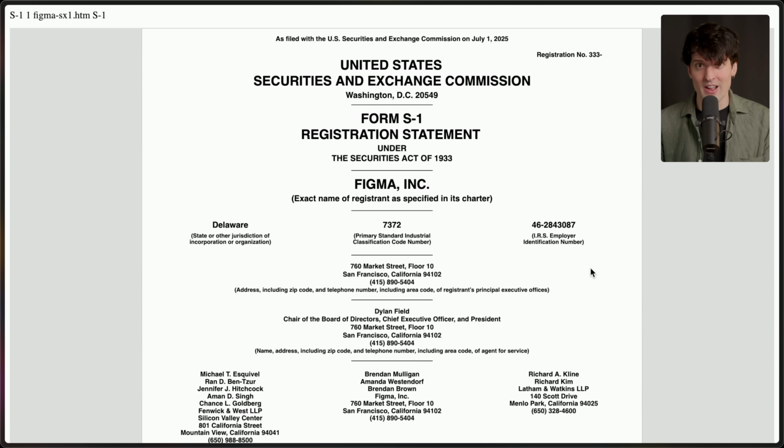Oh boy, it's finally happening. Figma has filed their S1. This is the document that you need to file if you want to sell your company on the stock market. This means that Figma is about to become a publicly traded company, which means they're a public company, which means